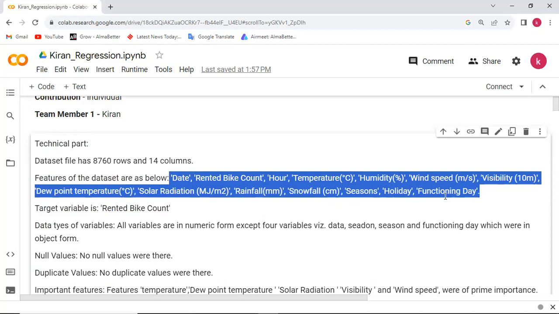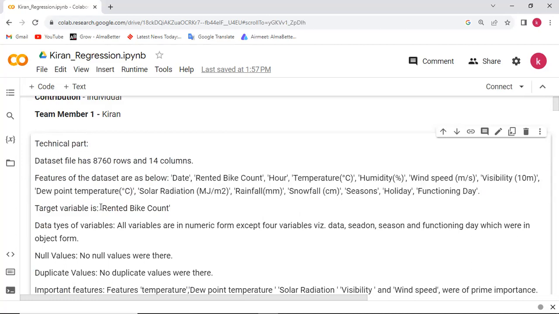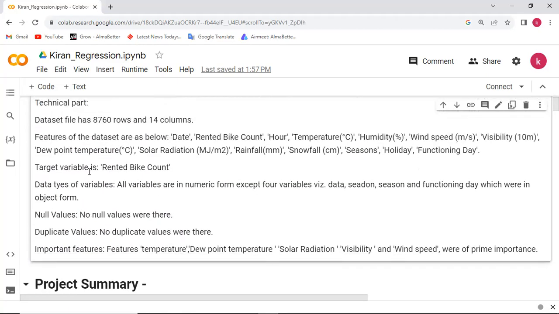These are the different features, or variables, or columns in our data set, and our target variable, or dependent variable, is the rented bike count.